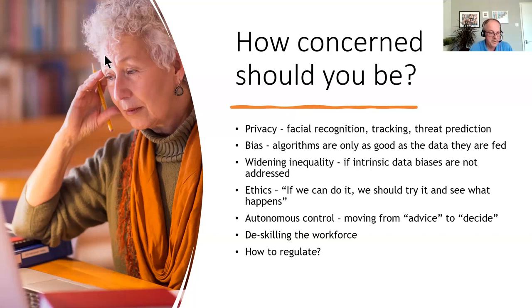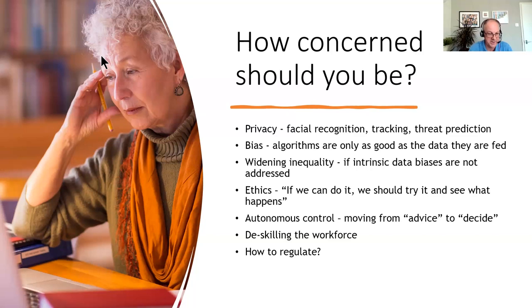So if the big data algorithms, the machine learning algorithms, are using data which doesn't include subsets of the population, you'll get answers which don't reflect subsets of the population. And we've certainly seen elements of that where some of the early facial recognition software didn't work on people with black skin because the algorithms had only been trained on people with white skin. And that's a very simple example of bias, but the bias can exist in many different aspects.